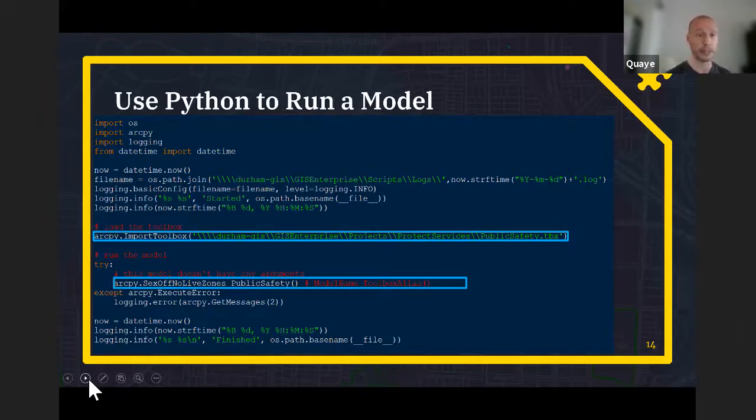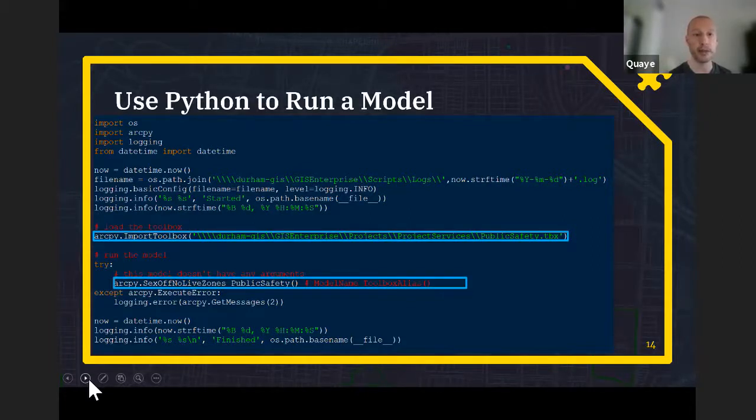So I'm using the logging module as well. I'm also using the date time module, but that's primarily to give my log and some messaging in my log a date and time stamp. I feel like this is useful information in case I need to cross-reference date and times with other system events. So you can see at the top where I'm importing the modules. You see there's 5 lines of code there.